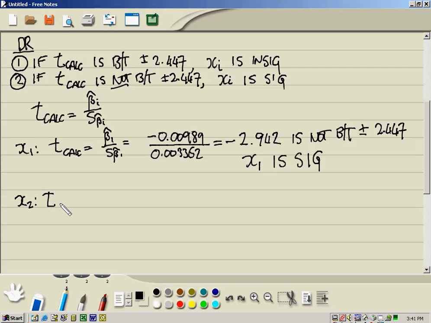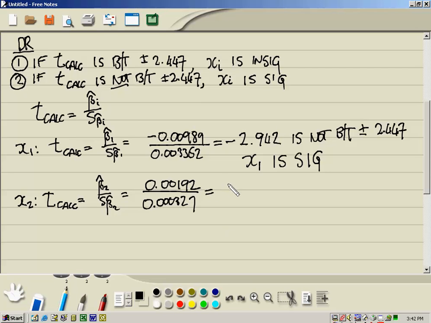Now for x2, tcalc is beta hat 2 divided by S beta hat 2, and again from above, that's 0.00192 divided by the standard error, also from above, 0.000327,